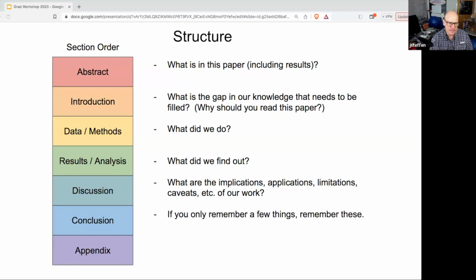And then at the very last major section, this is where I ask myself in the conclusions, if the reader only remembers a few things, what are they? What are the things that they need to take away? It's not a revision, or it's not rewriting the abstract. It's also not rewriting the results section. It's synthesizing everything and making a few statements about, here is the most important result, or the handful of most important takeaways from this paper, and maybe why they're important,